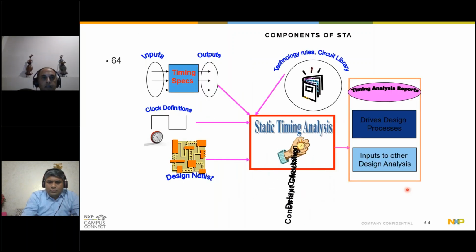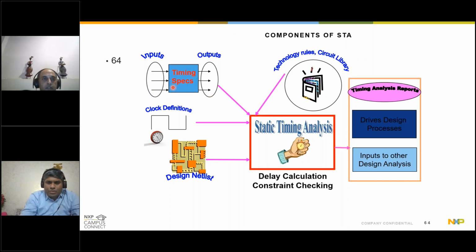So once you have, let's say, the gate level netlist, and you have the parasitic information, that's where static timing analysis comes into the picture. What happens in static timing analysis is you define the timing specification. Let's say I support an Ethernet interface to the external world. When I give any signal to the external world on the Ethernet interface, I can consume only a specific amount of time within the chip, right? So the remaining part of my clock cycle, I have to leave for the external device.